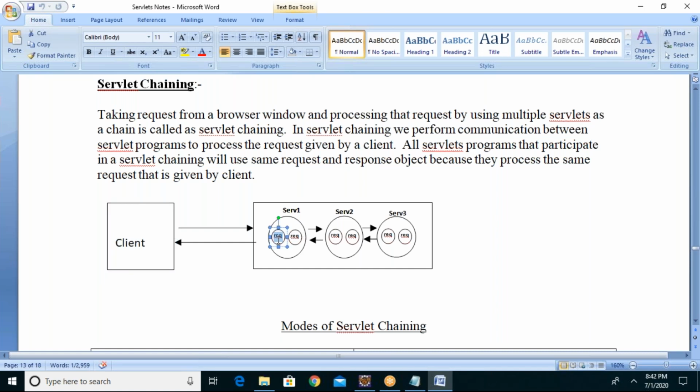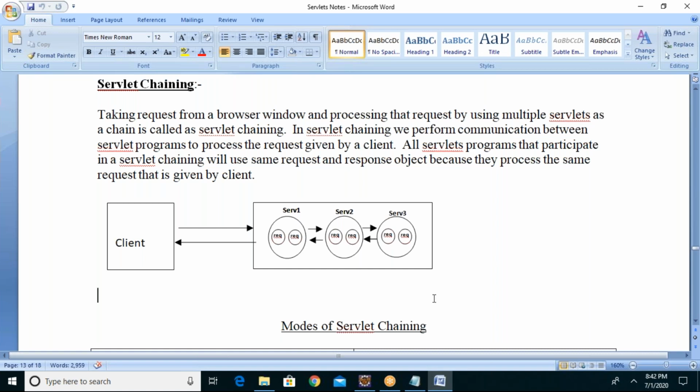You need to use the same request object among all the servlets. That is the reason we call this process servlet chaining. Calling other resources from the current servlet is called the servlet chaining process.